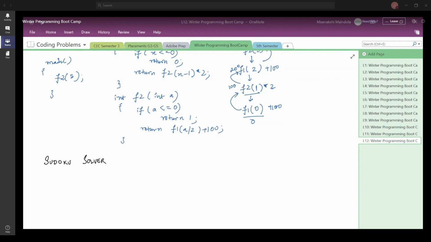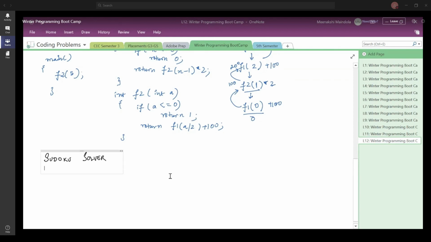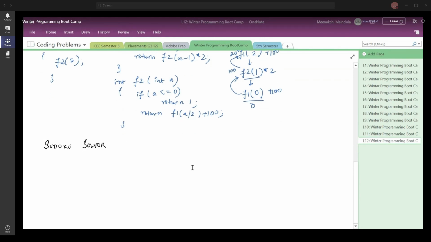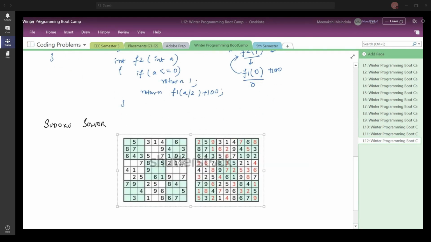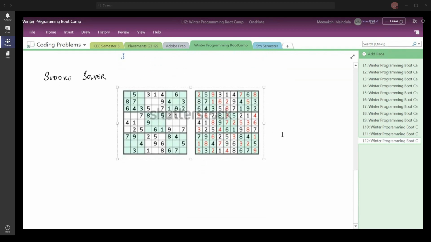Okay, so is this visible to everyone? I have pasted an image here, and in this image you have a Sudoku as well as its solution.